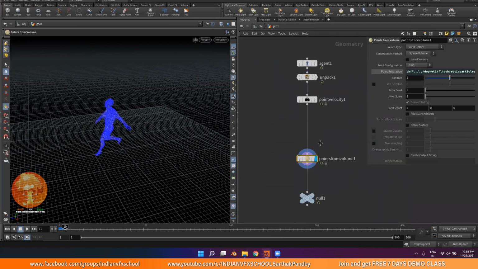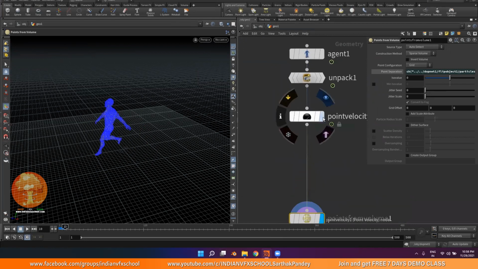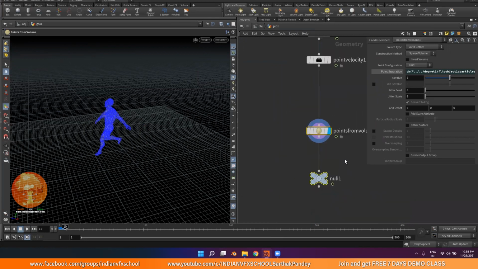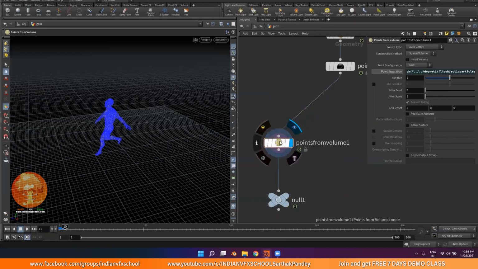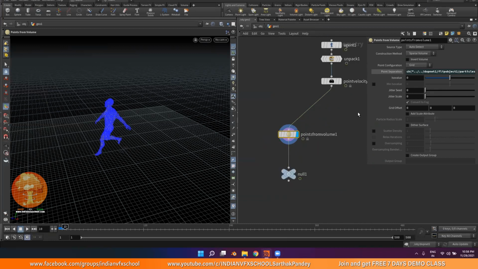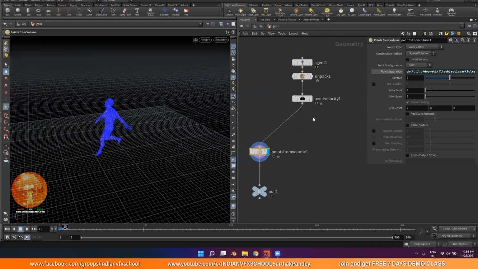It will just care about the positions, whatever the geometry is, it will just instance points over it, but it doesn't really care about the velocities, and it will just erase everything. So that's one bummer, and I don't really think it should be that way. There should be some smart way for the velocities to get transferred over here. I'm sure it can be done, but it cannot be done as of now. So I have two options: either I follow how Houdini works, or I make my own software. I will go for the first one.